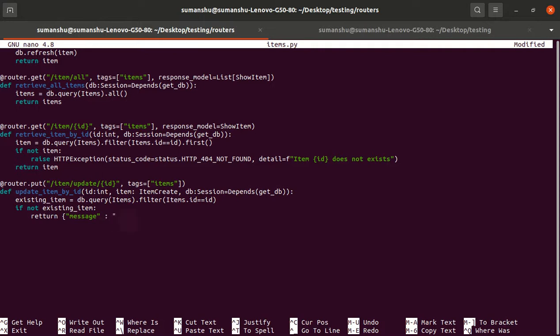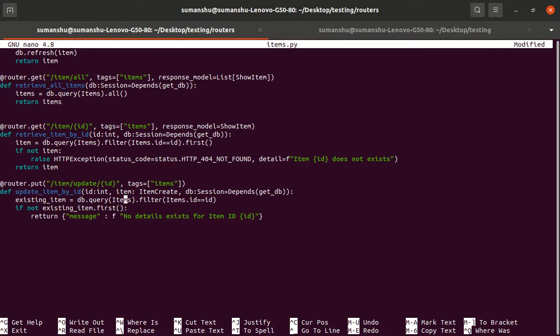So the message could be "No details exist for item id" and then the id, and we are using a formatted string, so we will use the f. All right, okay. Otherwise, here we have to do the if not existing_item.first().